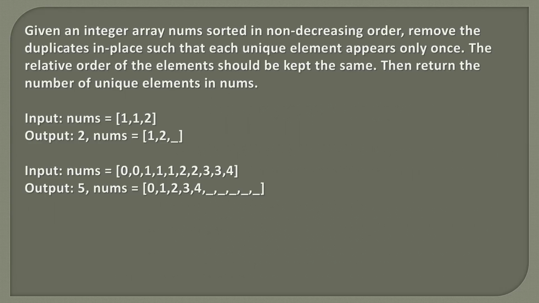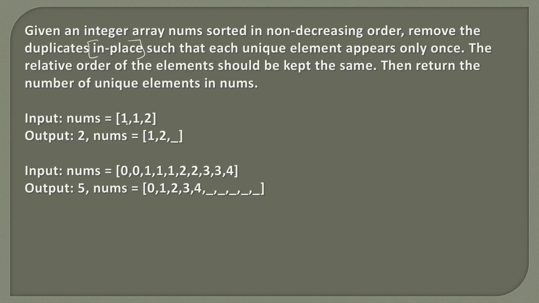So in this problem we are given an integer array and the array is sorted in non-decreasing order. So as an input we are given an integer array sorted in ascending order. Now as the array is sorted in ascending order, there may be duplicates. Now our task is to remove the duplicates and that too in place. So by in place we mean that we cannot use an additional array or any other data structure. We have to modify the same array and we have to remove the duplicates such that each element appears only